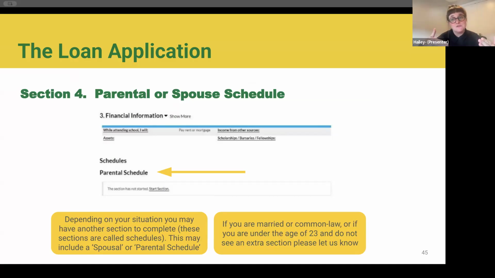Technically, if you are a dependent student, so if you are under the age of 23, you haven't taken 4 years, you didn't take a 2-year break after high school, you haven't been out of high school for 4 years, you're single with no dependents, that's a dependent student. Remember all that? So if you're a dependent student, you will have a new section that pops up that your